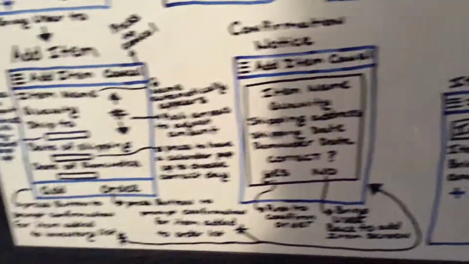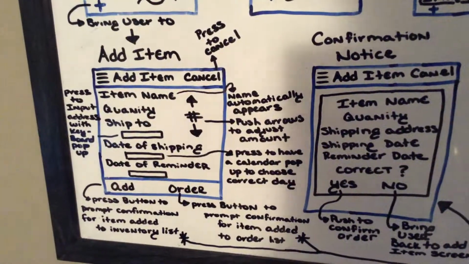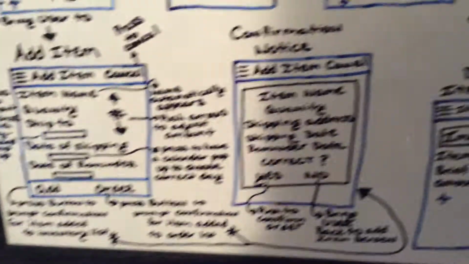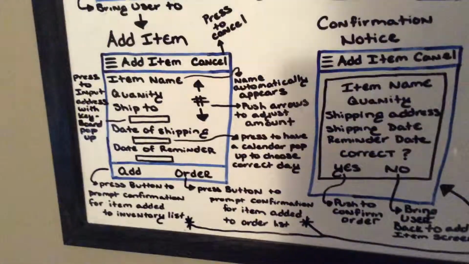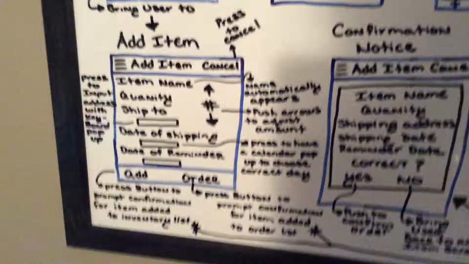Now, if you hit the order, like we just said, which is right there, it brings you the confirmation as well, and brings you to the order list. I just repeated that just to make sure you know. If you hit the add, it brings you the confirmation, but then it brings you right to the inventory list. So those two buttons are different,